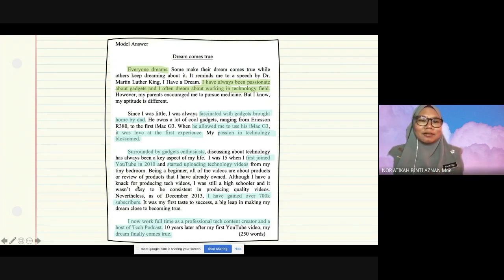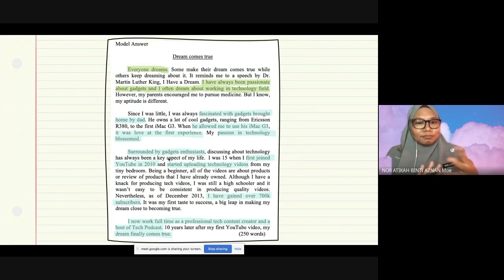It only has 4 paragraphs. It's basically I narrate about my dream, and then the one that I have. The one in green is what the dream is about, and then in the rest of the paragraphs I talk about the development, how I started my passion, and then how it develops, how it blossoms, how I have progressed since then, until the mark of the timeline when I actually work in the industry, and then I have achieved the milestones in the career. I should have written that: achieve the milestone in a career.